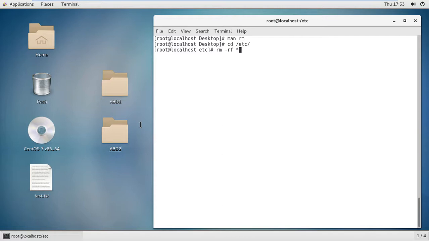This is a very important system directory.